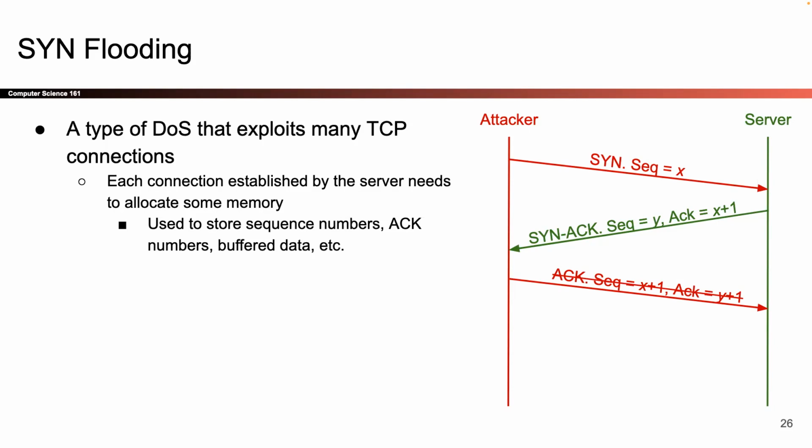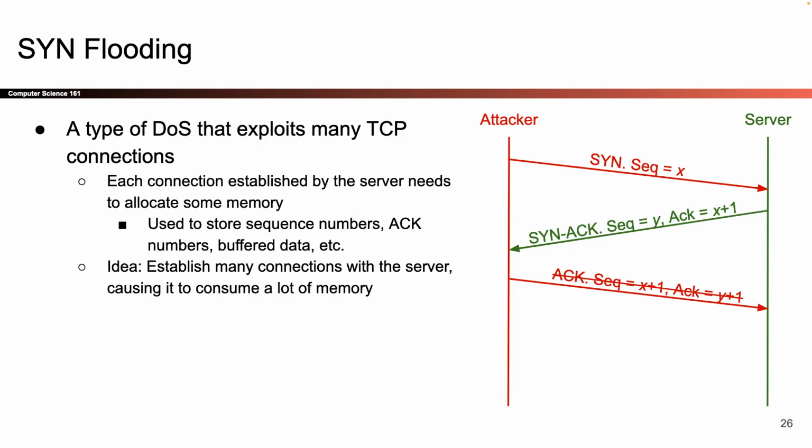So every TCP connection has to have some amount of memory allocated to it so that the TCP connection can use that memory to write down things that it cares about, like sequence numbers, or like, hey, this piece of data just came in and the user hasn't requested it yet, so I'm going to hold it here for now, stuff like that. And so the idea is that what if the attacker forced the server to start like 20